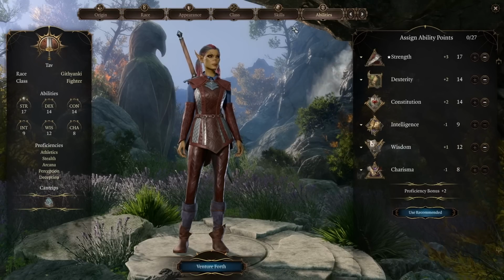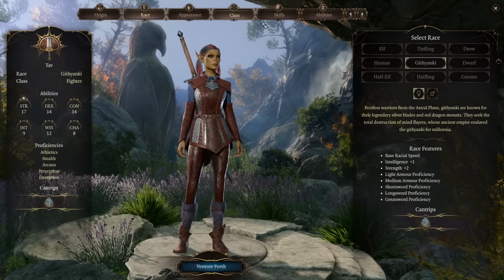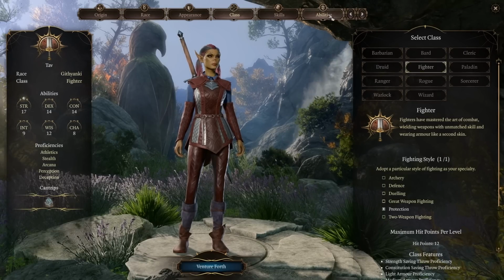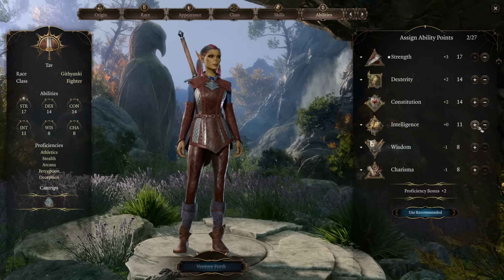I'm going to go and create a couple of fighters, perhaps a halfling and one fighter that has the protection fighting style, I think, just so I can show you. Actually, before I do that, I just want to go back to ability points. Just come to mind. If you want to become an eldritch knight, it would be a good idea to have